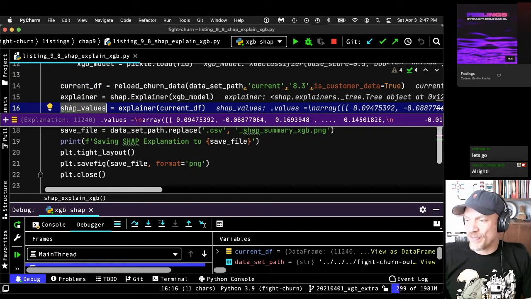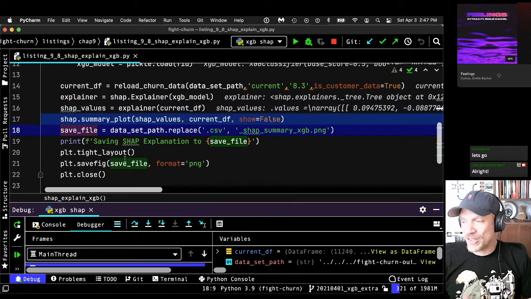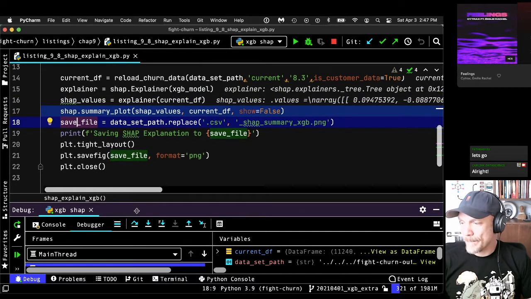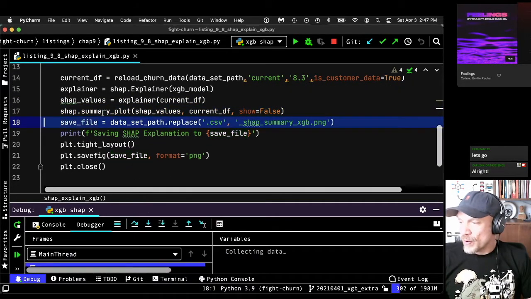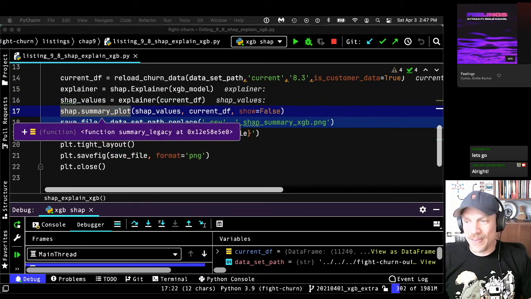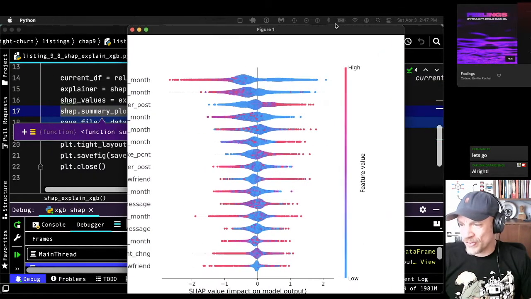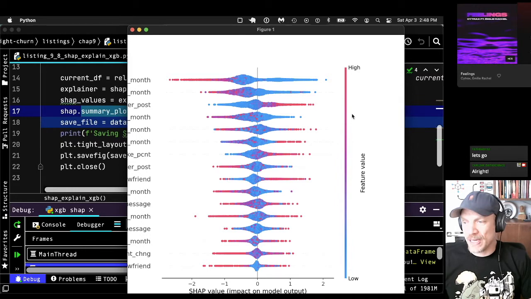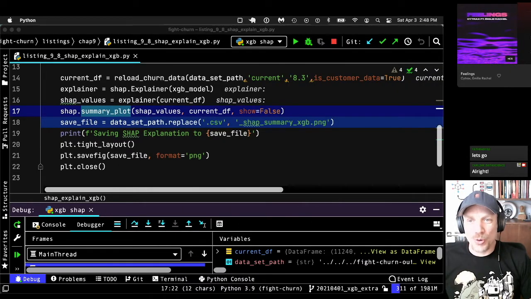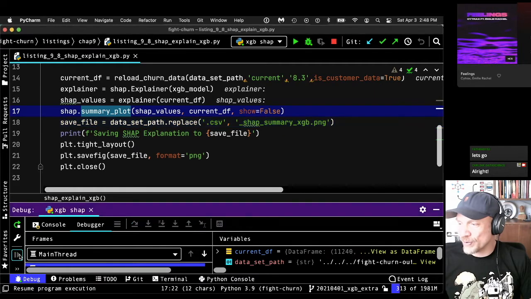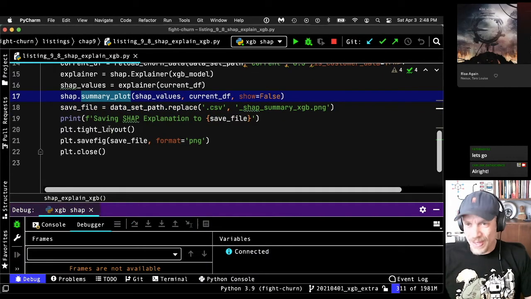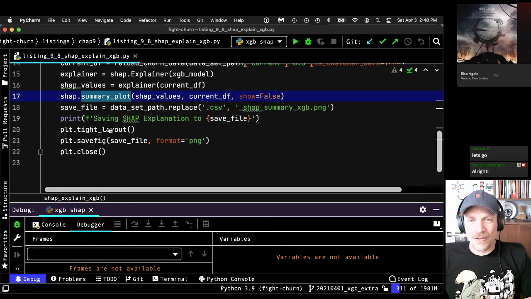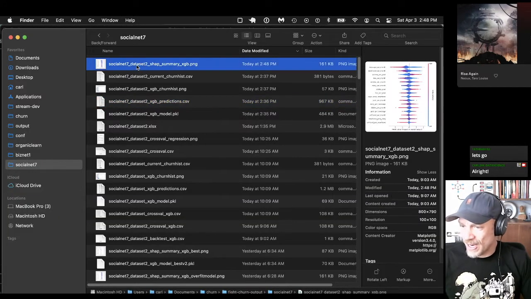Now we have the SHAP values, which are an array of contributions to the predictions. We're not going to look at them here; we're going to visualize them. So we call the summary plot function, and this is what it looks like. It opened up in my other window as usual. I'm going to save this, and we'll look at it in more detail once we finish running the code. I'll explain what that cool looking plot is in just a second. I'm just going to run out the code and save it, and then we will look at the version that I can load right here that we just created.